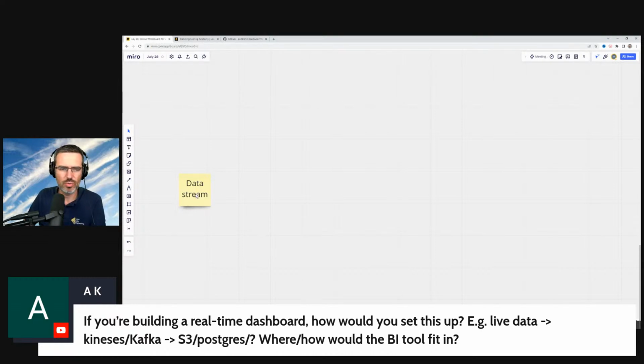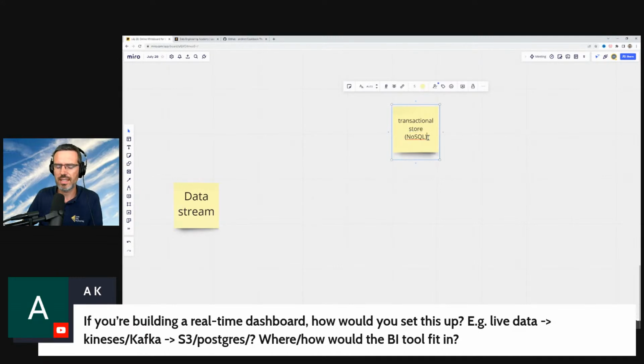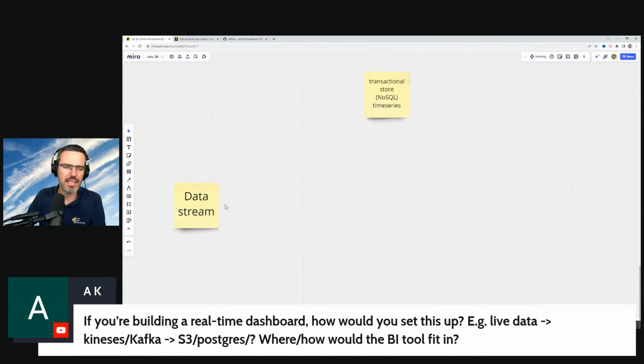What are you going to do? You're going to put this into a store, most likely a transactional store. Could be NoSQL. Based on the data that you use, this could be, for instance, a time series database, if you have monitoring data, if you have some kind of statistics data.